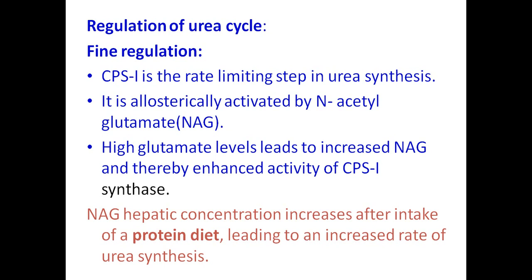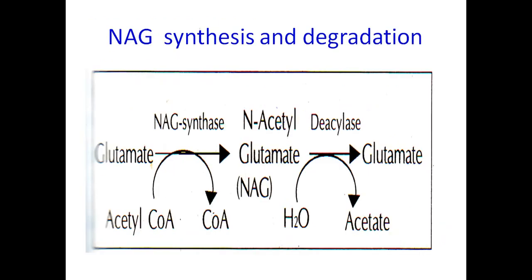Now when the availability of N-acetylglutamate is increased, it stimulates the carbamoyl phosphate synthase 1 enzyme. When carbamoyl phosphate synthase 1 gets activated, it traps the body ammonia and carbon dioxide, converts them into carbamoyl phosphate, and activates all other enzymes of the urea cycle. So urea formation will be more when you eat more protein. When you eat more non-vegetarian food, your body urea concentration increases to a certain extent. That you should remember. This is an important point.